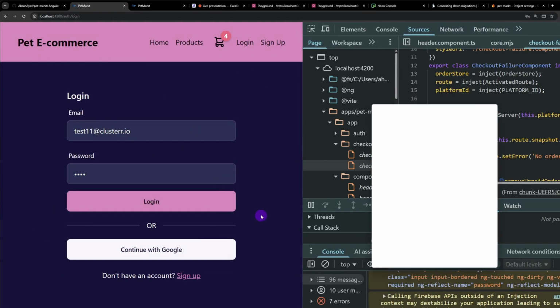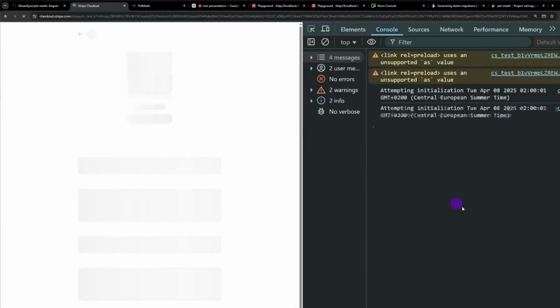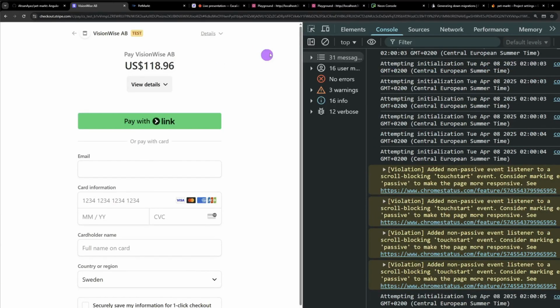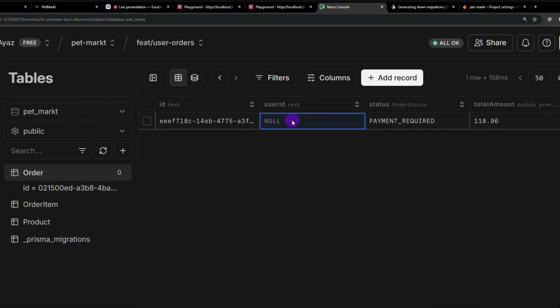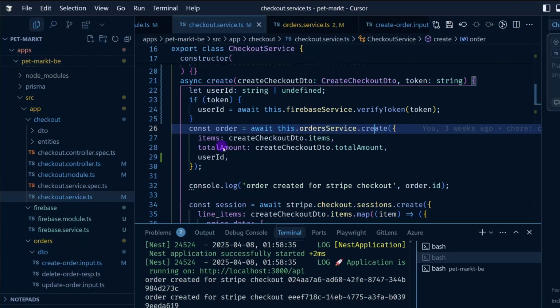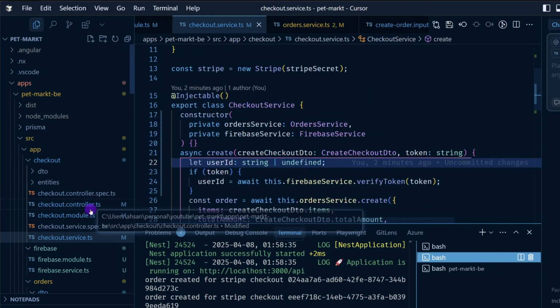So if I go and log in with Google, and now if I go and try to proceed to checkout, pay with Stripe, now you can see that we got the token and then we essentially went to Stripe. Now if I go to Neon here and try to reload the data, you can see that we still don't have the user ID. So something is wrong. Did we save all the files? I think we did. But I'm going to quickly put the console logs as well, just to make sure that